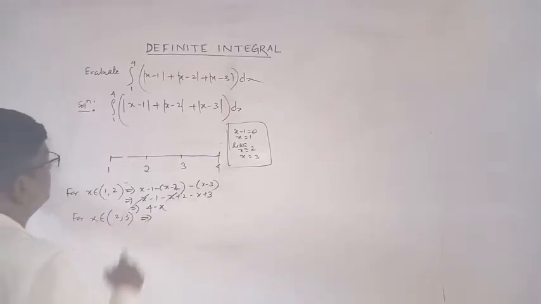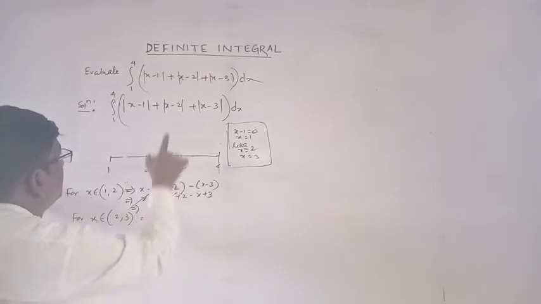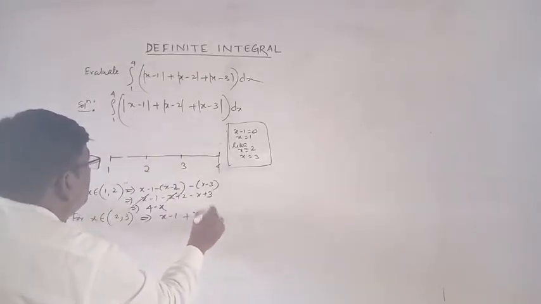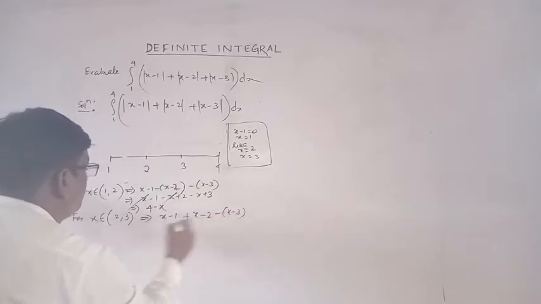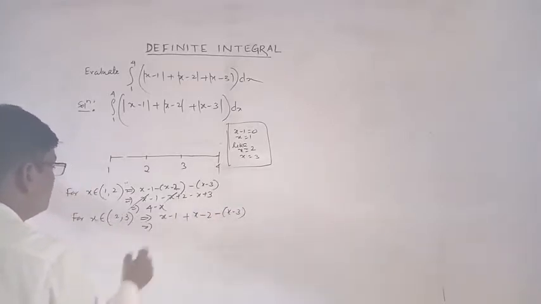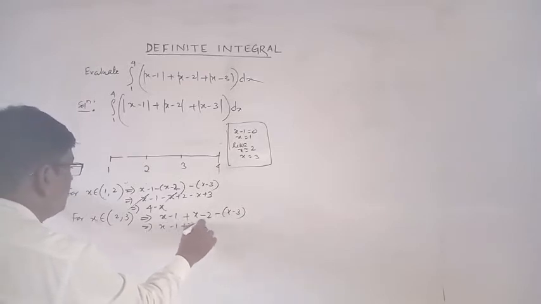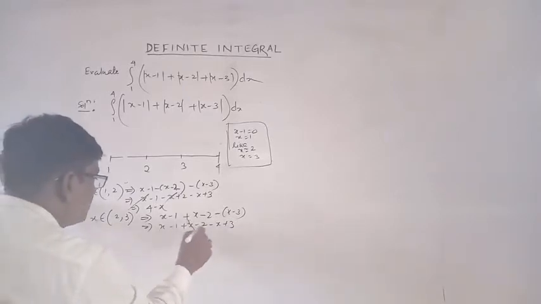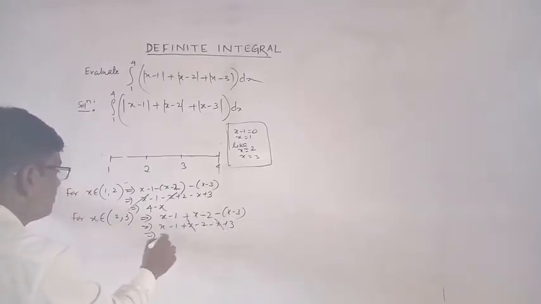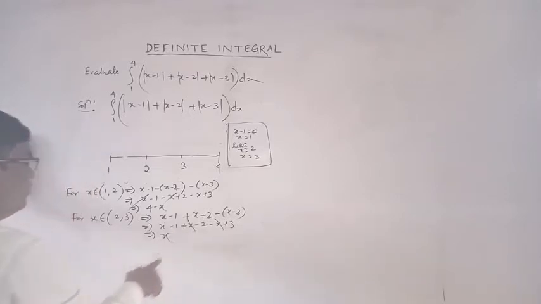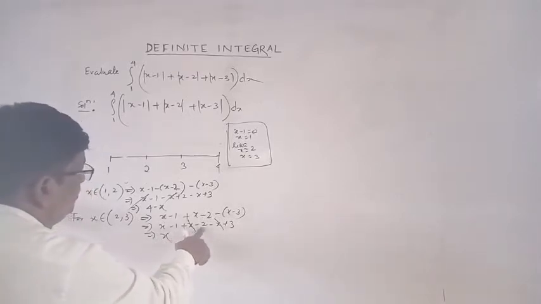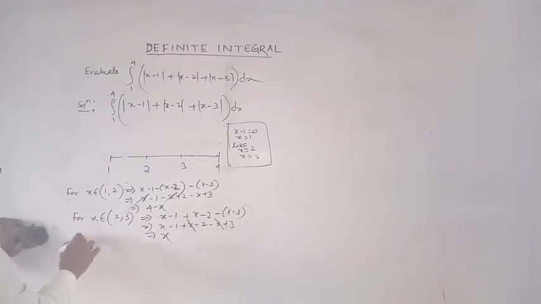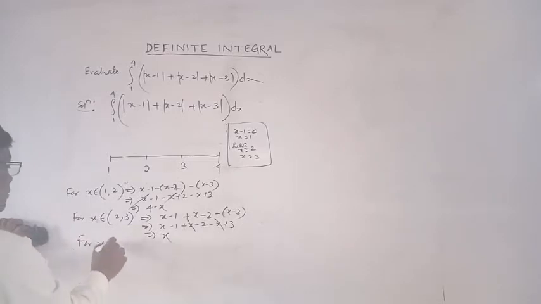Similarly, for x belonging to 2 to 3, what is the value of the function? x − 1 is positive, x − 2 is positive, and x − 3 is negative. So x − 1 + x − 2 − x + 3, and the x − x cancel, which gives x. For x belonging to 3 to 4,